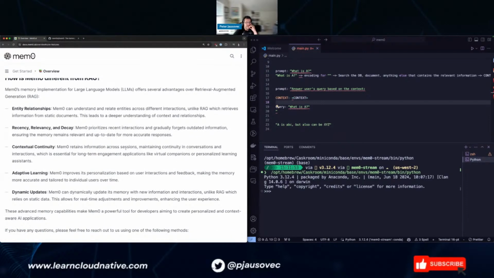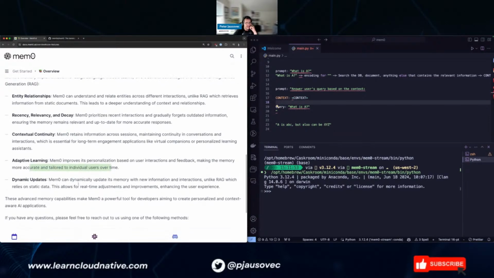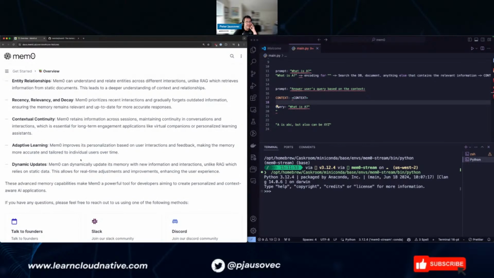It retains information across sessions, maintains continuity in interactions, essential for long-term engagement, and improves personalization based on interactions and feedback. And it can dynamically update its memory with new information and interactions, unlike RAG, which relies on static data.